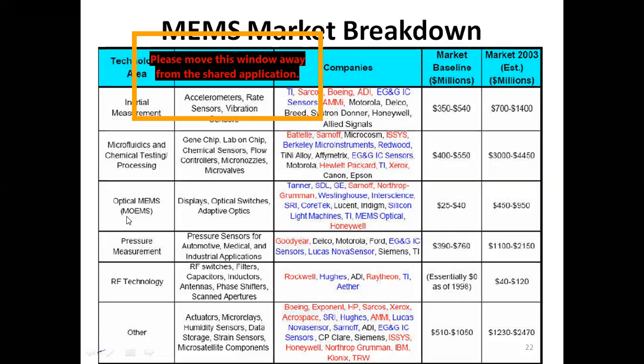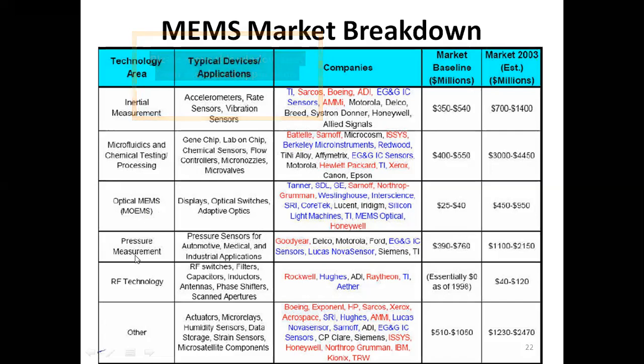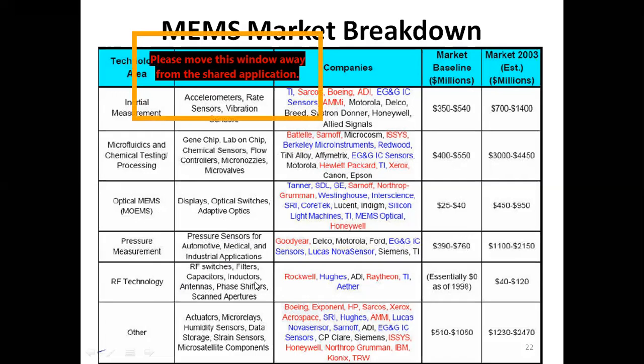Optical MEMS, also known as MOEMS. Under this category, we are producing displays, optical switches, adaptive optics, and these are the companies who are actually producing these devices. Pressure measurement, pressure sensors for automobile, medical, and industrial applications, and these companies actually produce and commercialize those. RF technology, we have RF switches, filters, capacitors, inductors, antennas, phase shifters, change apertures, etc. These companies are doing that. And other product, we have